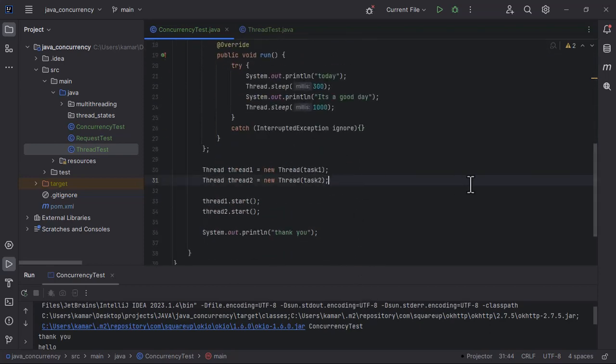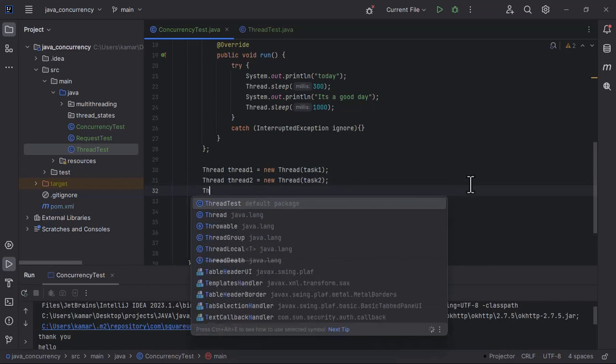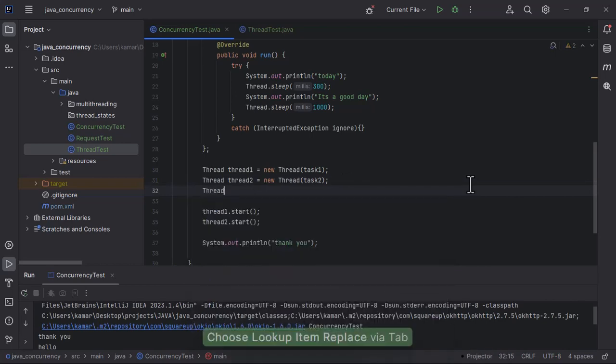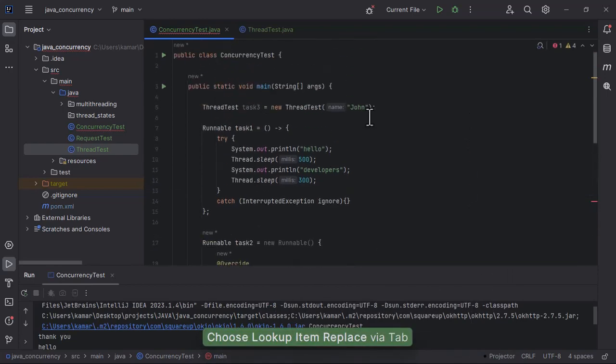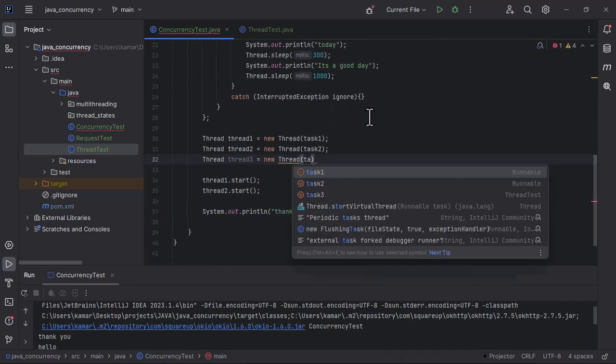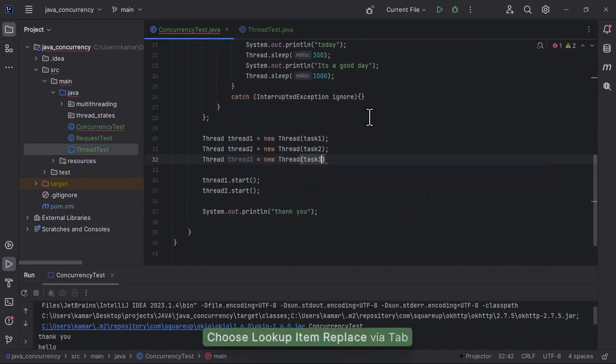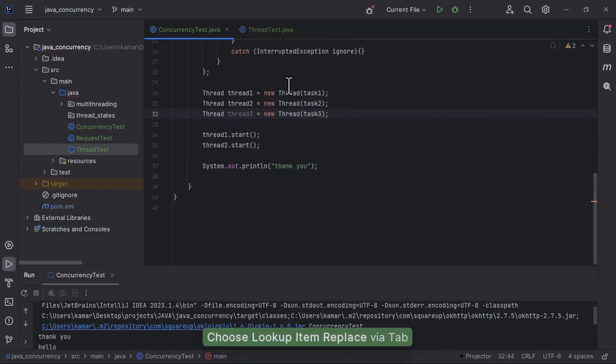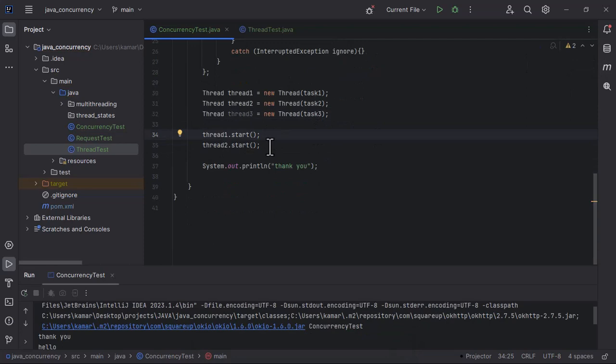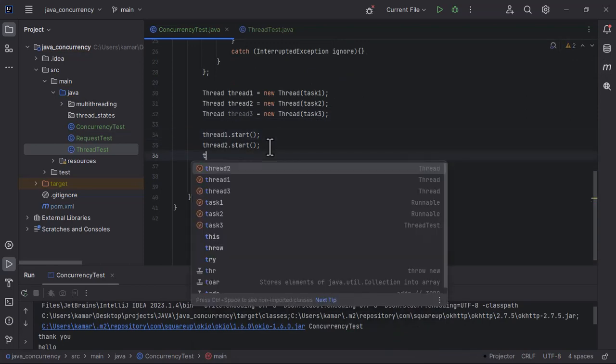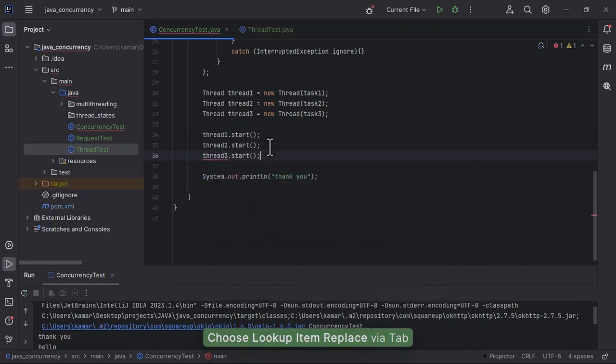So we can have the thread here. It's a new thread, and you pass task 3 here, which is a class that implements the runnable interface. So you can pass task 3 to it. Good. Let's execute it at the last. Then we do thread 3, we start it. Good. So when we run this class right now,